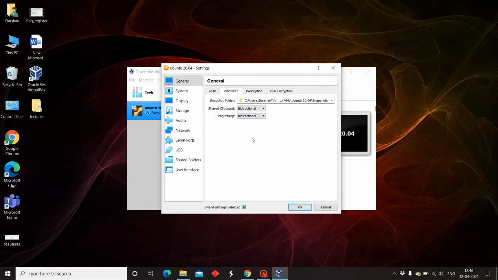What it does is, this is Windows, and what you have downloaded is Ubuntu inside VirtualBox. So you can copy things from your system to Ubuntu, or from Ubuntu to your system. Okay, then you don't need to change anything here or here.